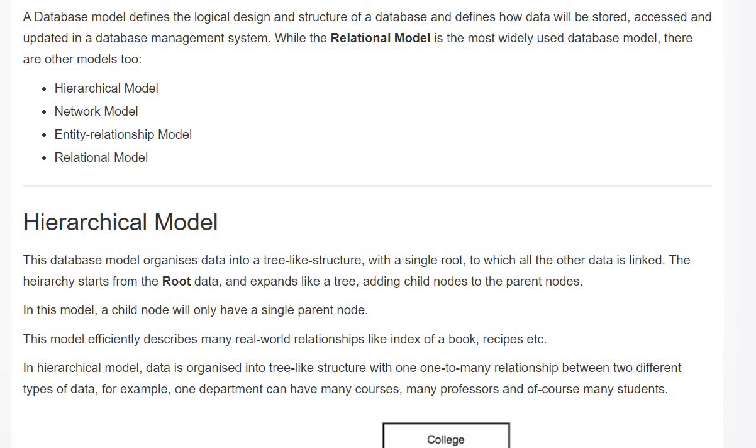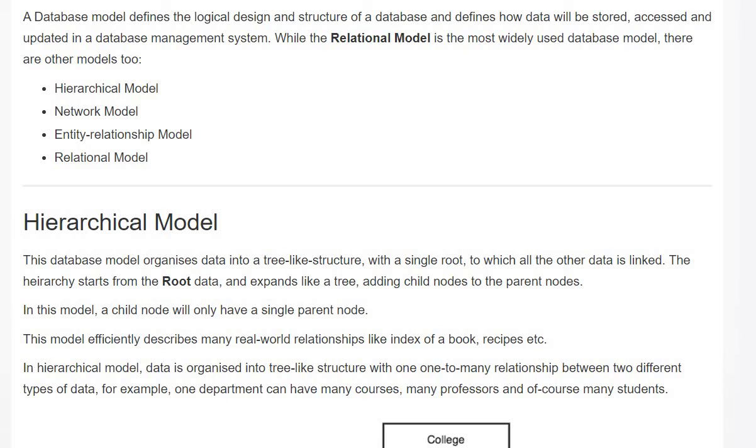Similarly, in a database, before you create any kind of database, you should create a model, meaning the structure of that data: what kind of data you want to create and in what format you want to create it.